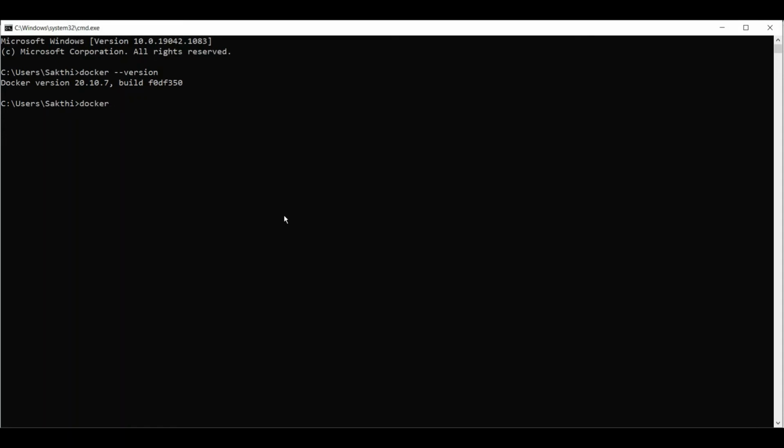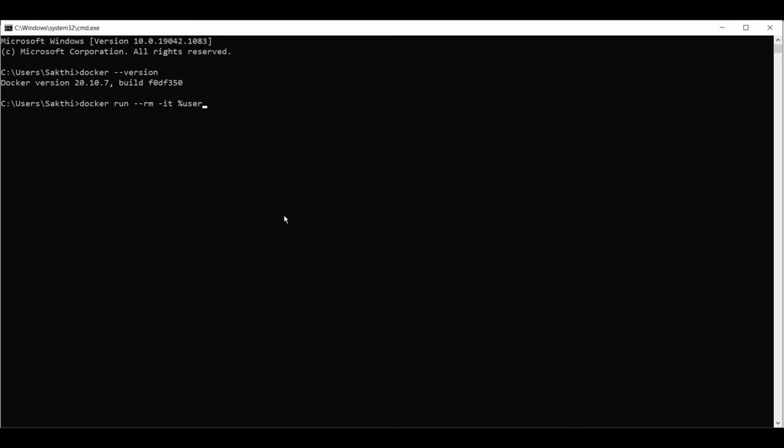So we will create a container first, docker run. The --rm option will remove the container once it is executed. -it is interactive mode with a TTY session to input your commands.